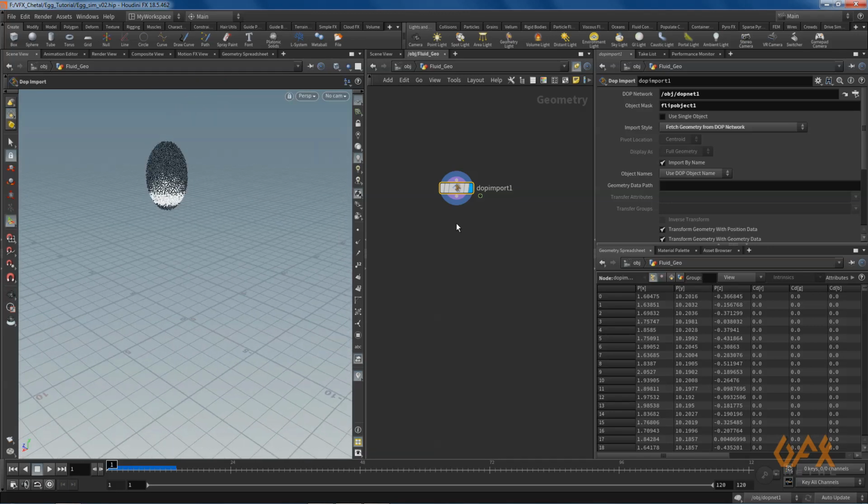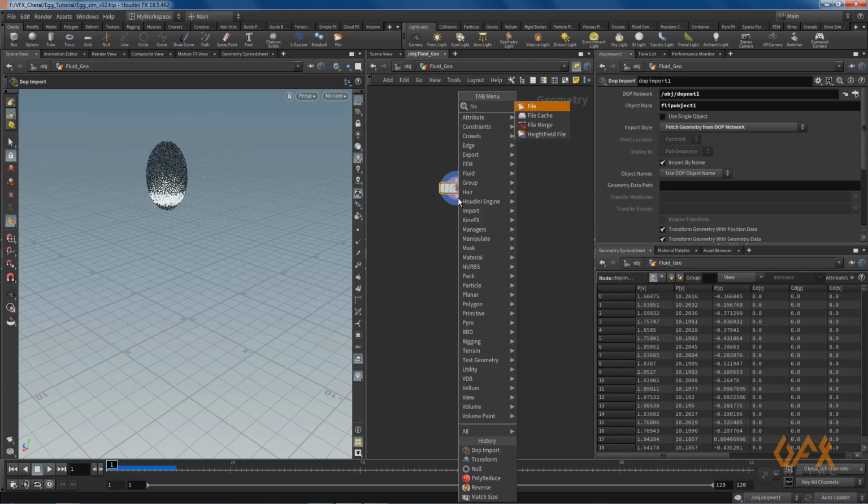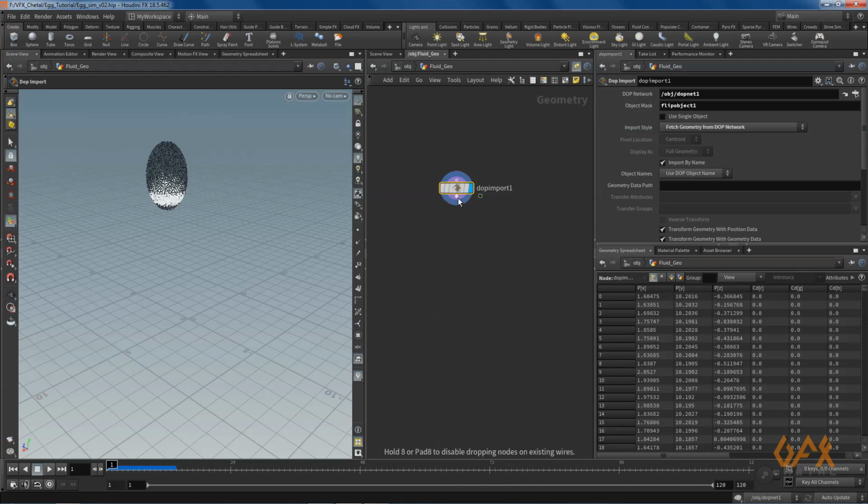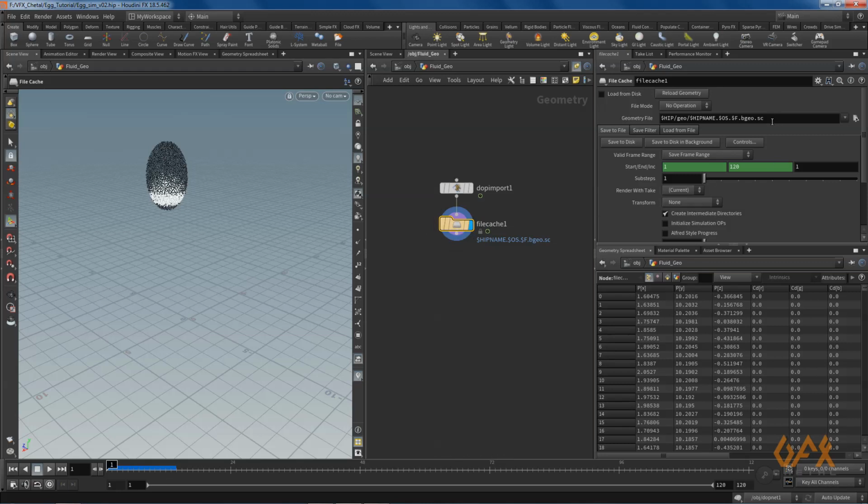Now what I prefer is that I cache this simulation. So for that I just select and call file cache, and over here you just need to define the name like egg particle and $F.bgeo.sc, and here you define the range, that is 1 to 120, and we prefer that you just set it to save to disk in background.